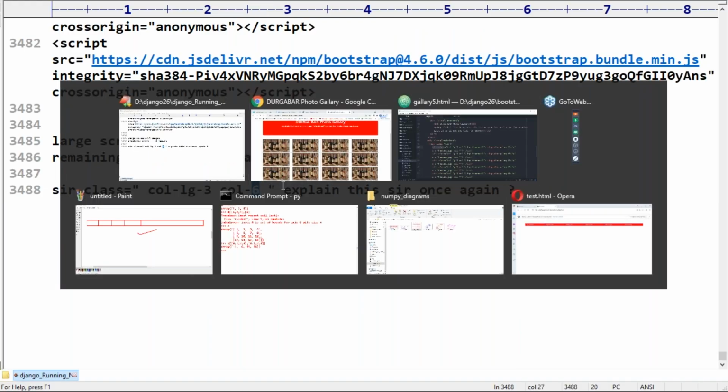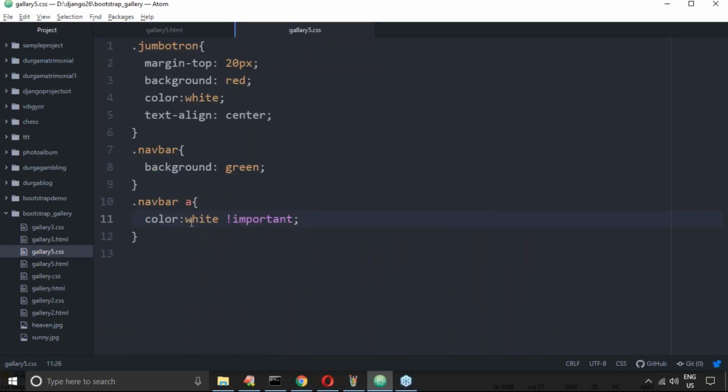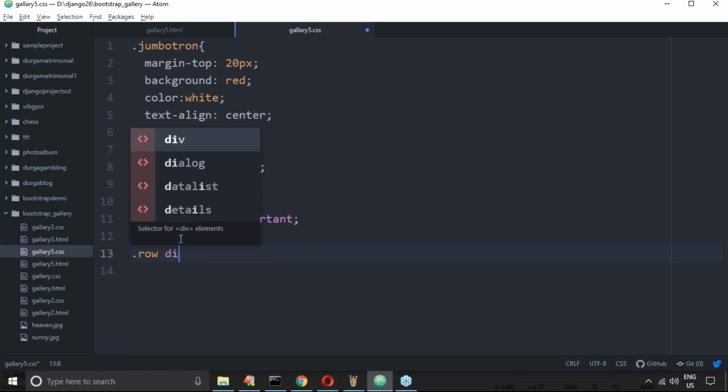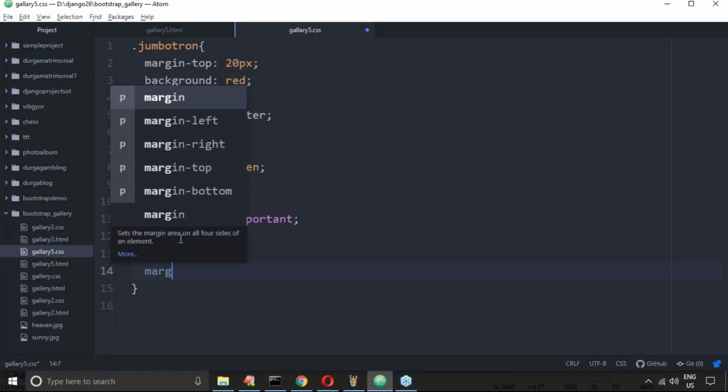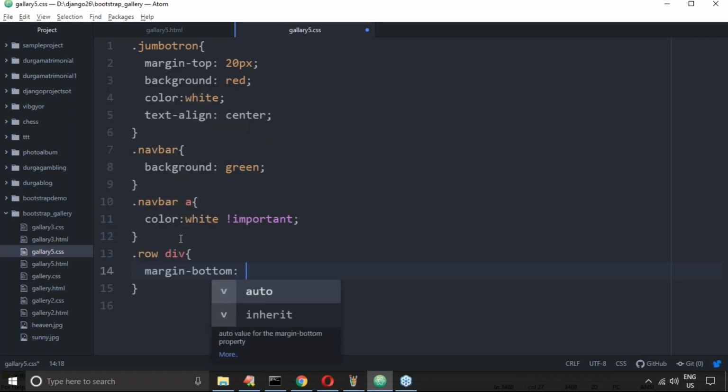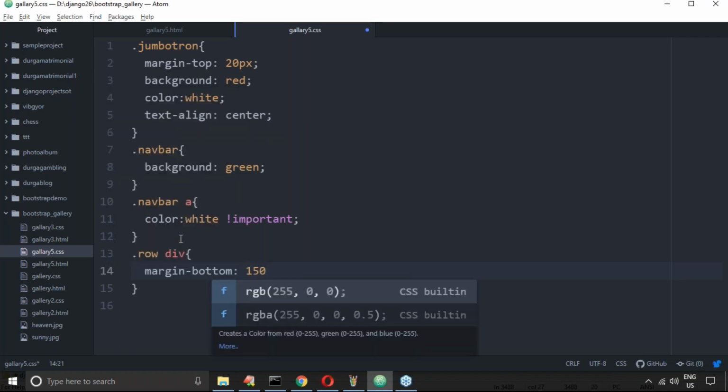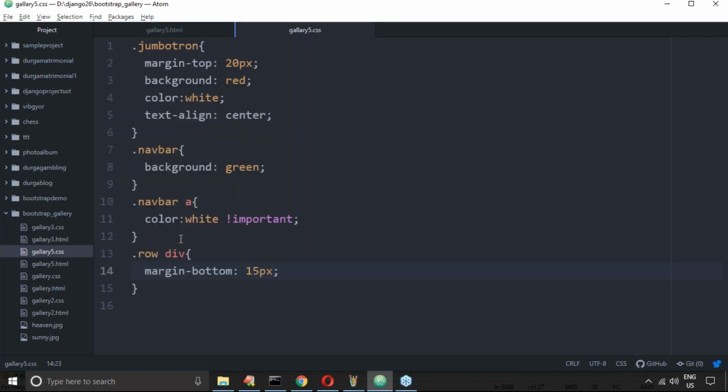Inside the row class div tag, for that margin bottom I'm taking some 15 pixels.